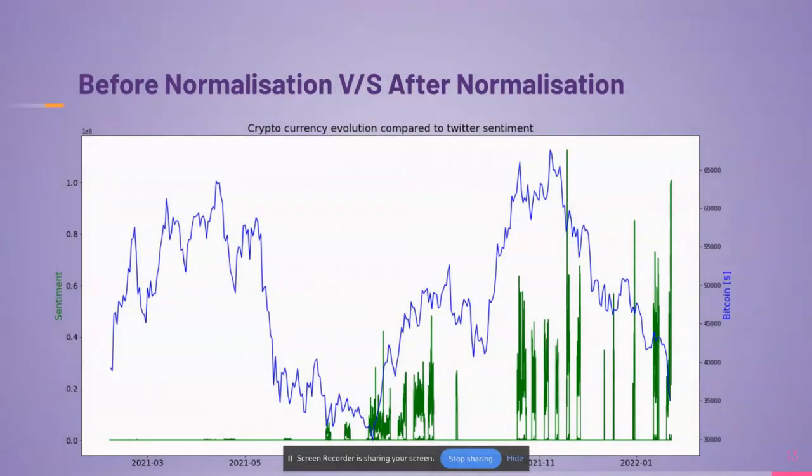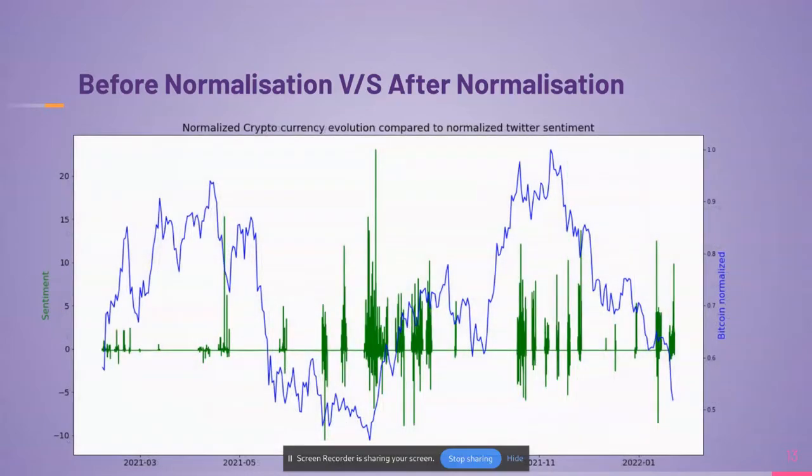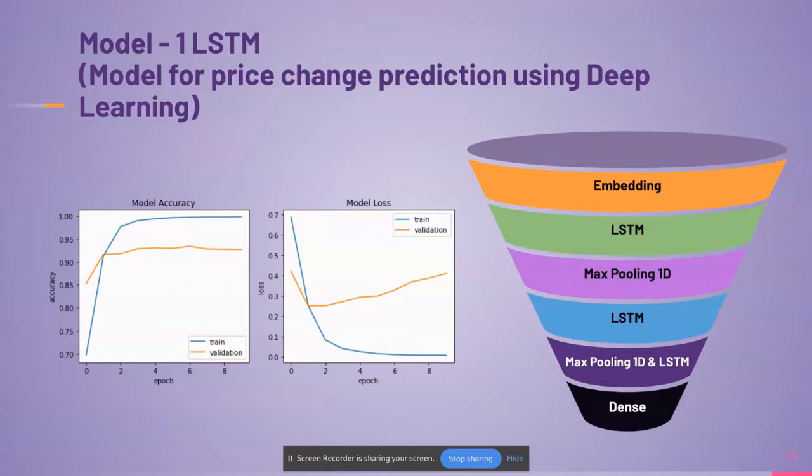We have created a graph of the sentiments against the Bitcoin prices when the data was not normalized. So we can have some insights from it, but no relevant information that we can use for our project is depicted from here. So we normalized the data, and now from this it can be seen that whenever there were high sentiments or low sentiments at a particular lag difference, we can have a look at how the prices were fluctuating. For a deeper understanding of the Bitcoin price changes, we used two models that are based on deep